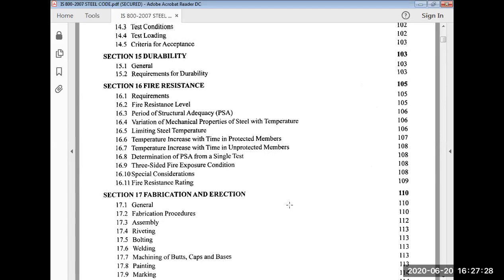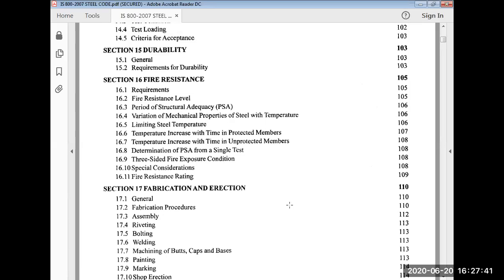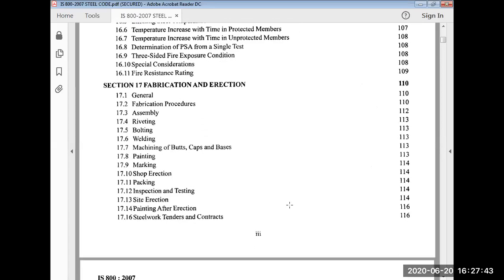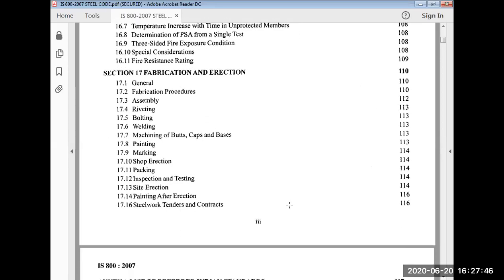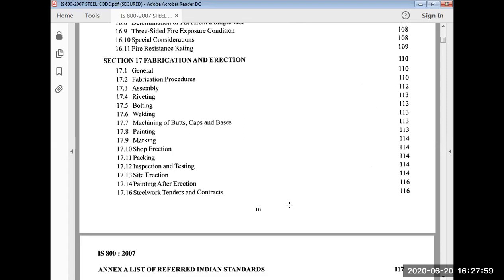We are designing the structure by using the limit state method, and that IS code is revised for the limit state method. So how to increase durability, how to increase the structure's resistance against fire, that is given in detail in the IS code. You can learn also, and you can suggest to any outside party how to avoid corrosion or resist fire, considering steel structure. As a designer or as an engineer, you can suggest to others by using this IS code.